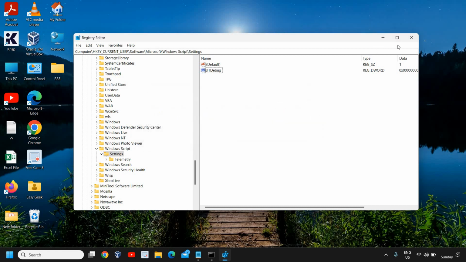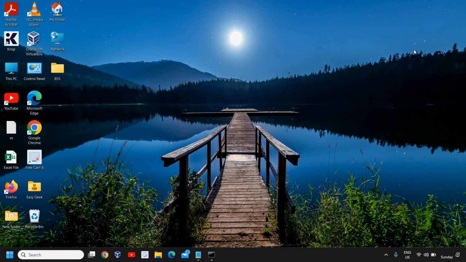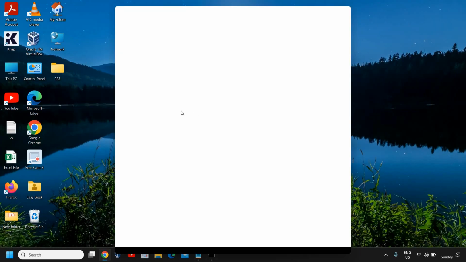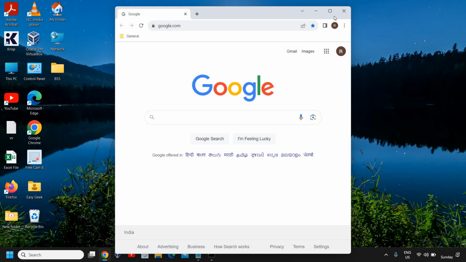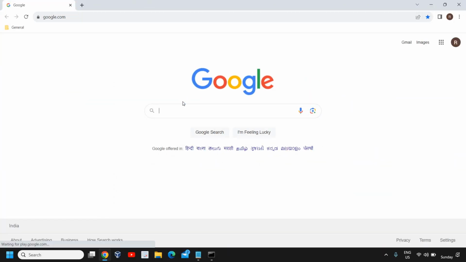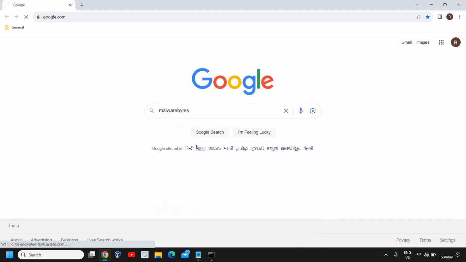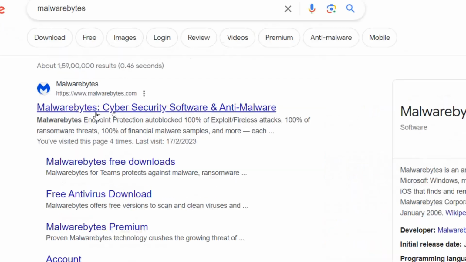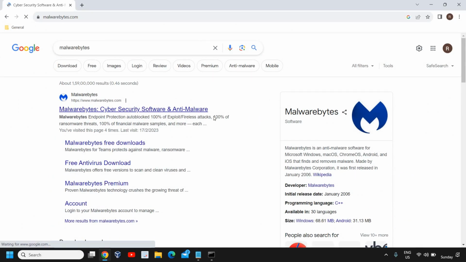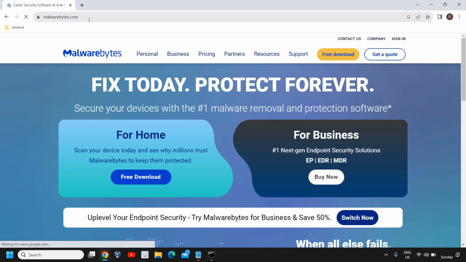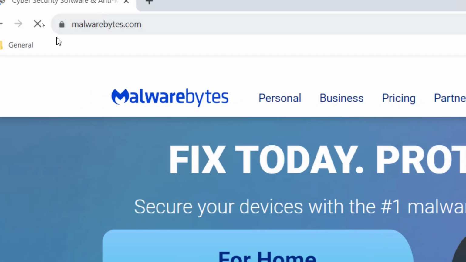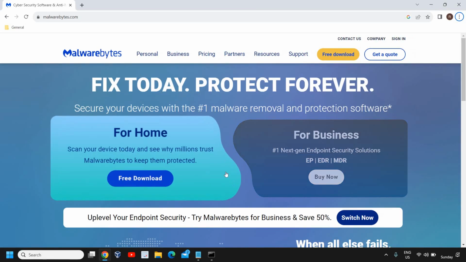Once this is done, one of the most important part, the last step, is to run a Malwarebytes scan. So open any of your favorite browser. So we are looking for any kind of malwares, spyware, antivirus is there. We need to scan it and we need to remove it. So you need to type Malwarebytes, and you will find malwarebytes.com. And from here, click on that. Please make sure that you only visit malwarebytes.com, not any other website. All right. So here, go for the free download,